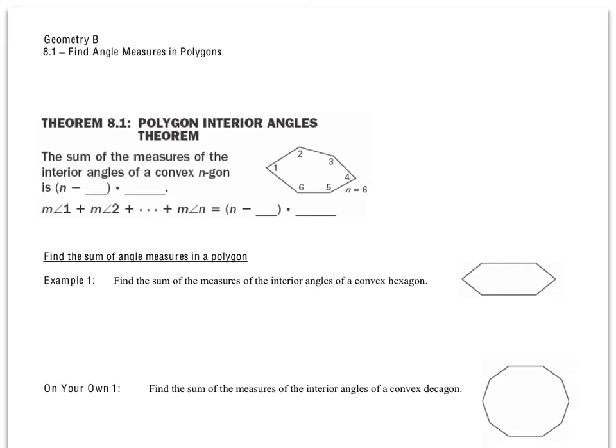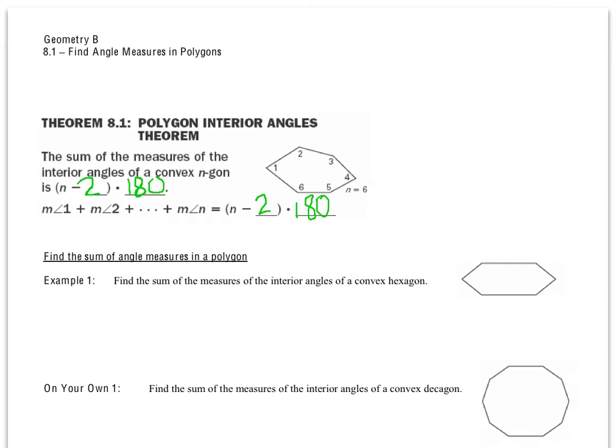So our Theorem 8.1 right here says the Polygon Interior Angles Theorem. The sum of the measures of the interior angles of a convex n-gon, so any number of sides, is n minus 2 times 180 degrees. So we take the number of sides, subtract 2 from it, and then multiply that by 180 degrees. So basically, the measure of angle 1 plus the measure of angle 2 plus the measure of angle n is n minus 2 times